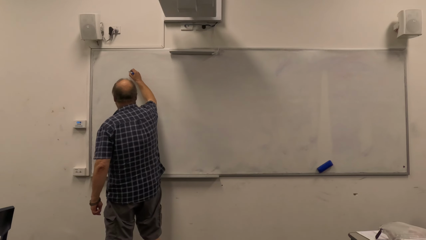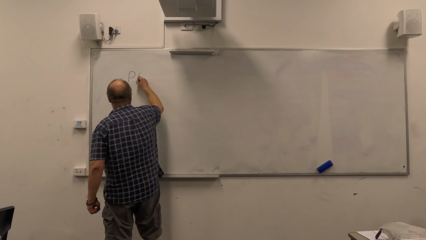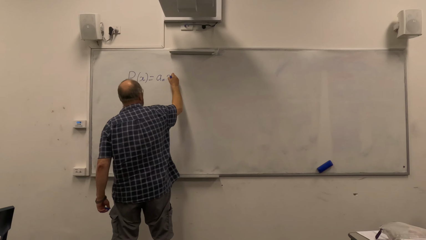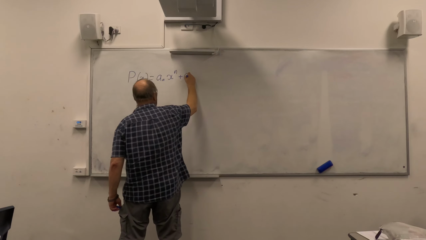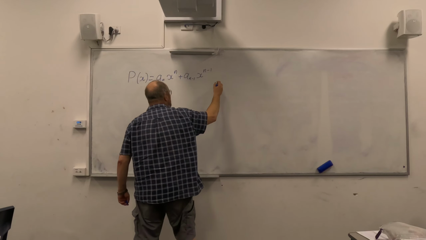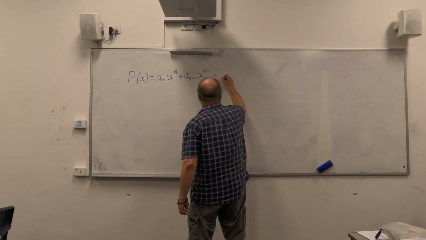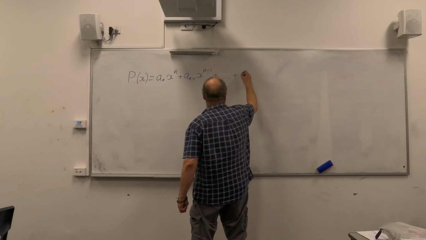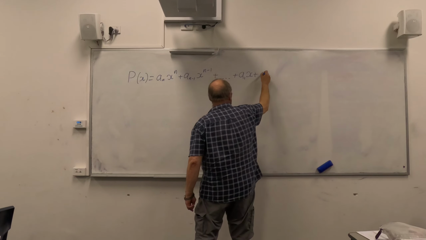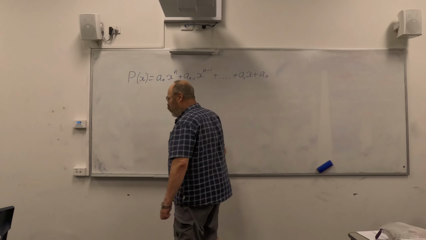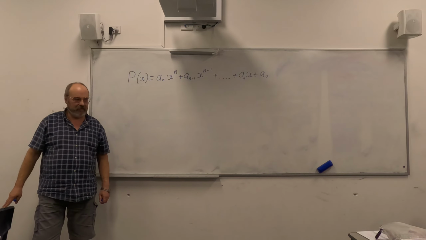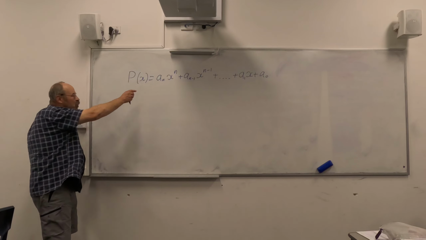So, what is a polynomial? A polynomial is an expression p of x equals a_n times x to the power of n plus a_(n-1) x to the power n minus 1 plus ... plus a_1 x plus a_0, where